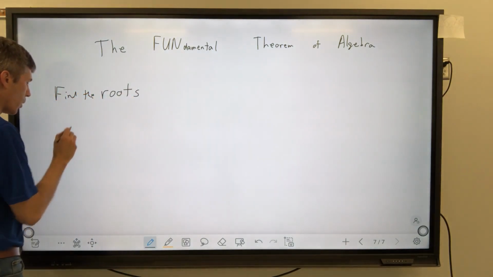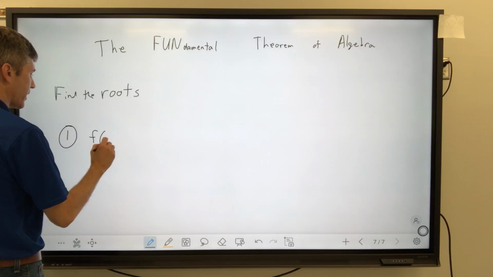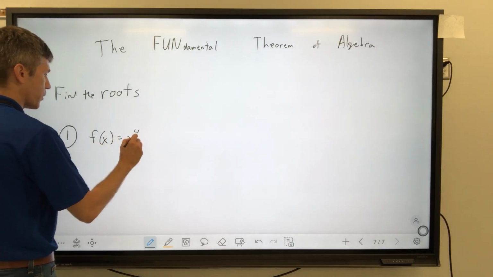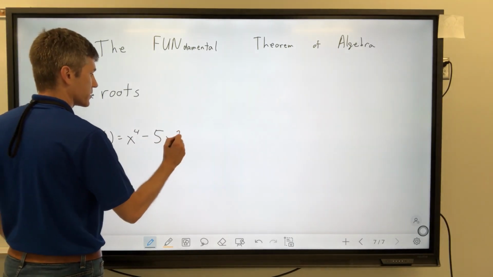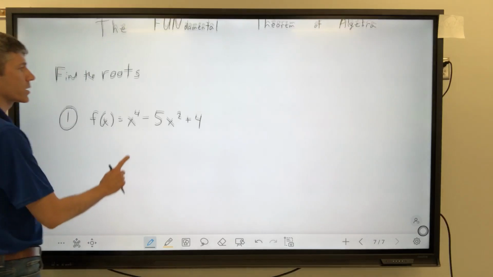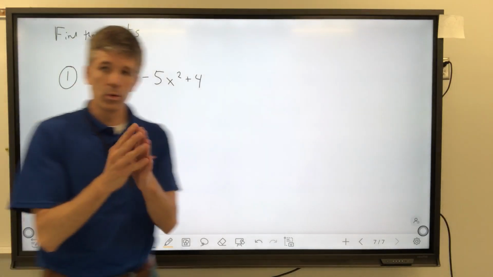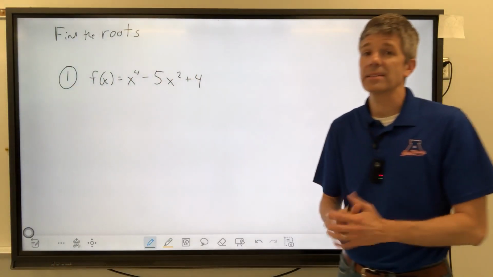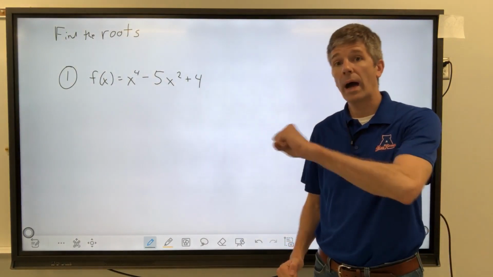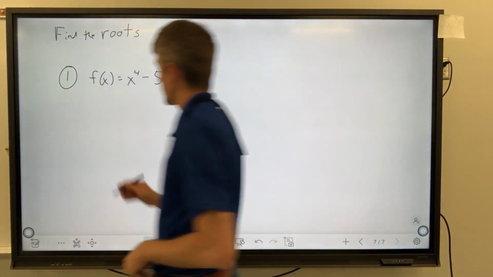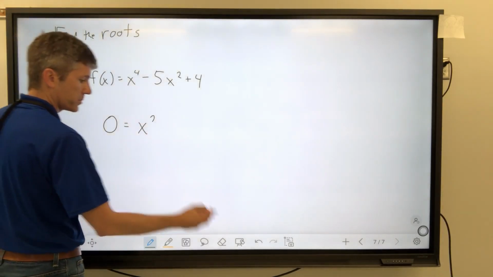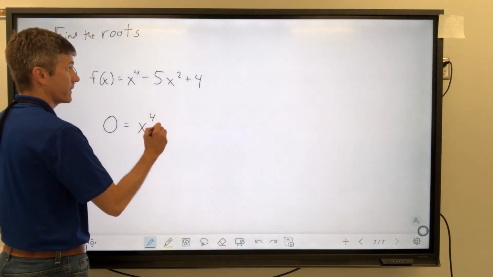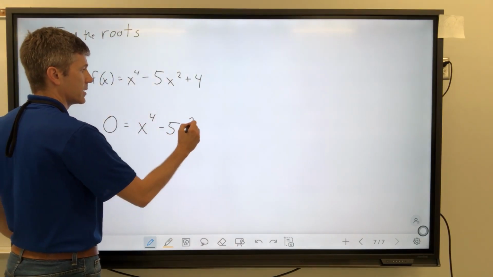So let's just do it. Number one is f of x equals x to the fourth minus 5x squared plus 4. Okay, we're going to find the roots, and the roots are going to be the things that you find when y equals 0. So we're going to plug in 0 for y, and then we're going to factor this if we can, and we have gone